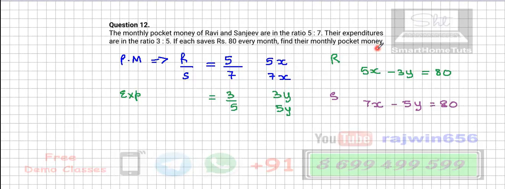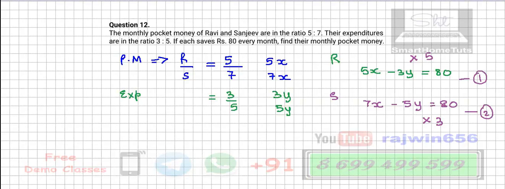You can solve this and you can send this to me. You have to solve this in the form of simultaneous equation, which I have done with you earlier. Okay, so I'm taking this as equation number 1 and this as equation number 2. Any one of the coefficients either of x or of y we can equate. Here 3 is there, here 5 is there. So I'm going to multiply equation 1 by 5 and equation 2 by 3. All the terms are going to get multiplied.